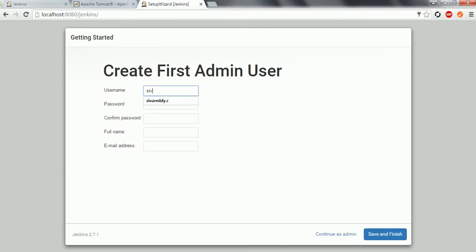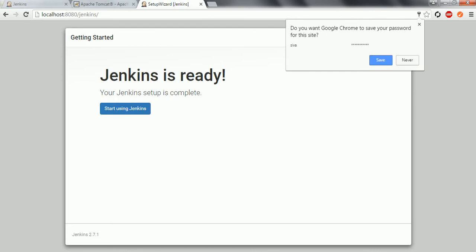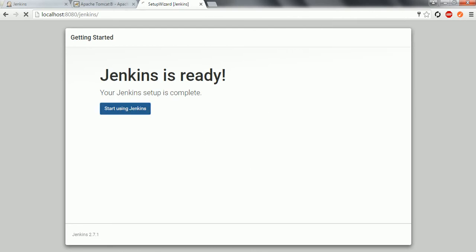We can create an admin user, and then you can click on Save and Finish. Now it takes you to the screen where we see Start using Jenkins.